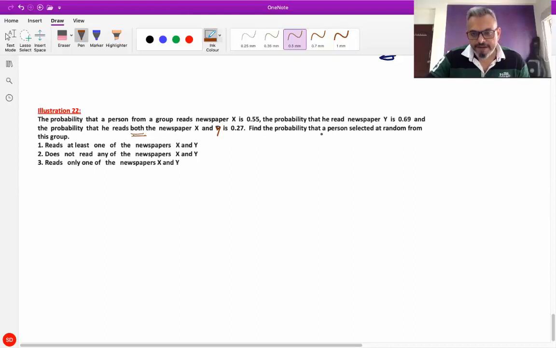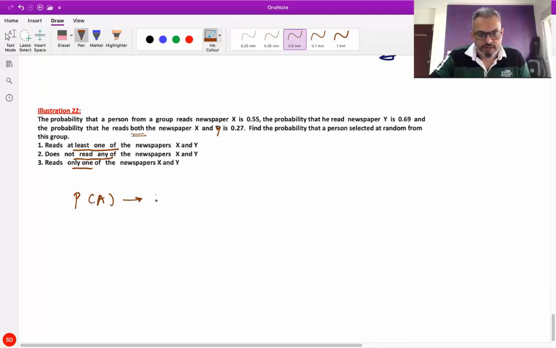Find the probability that a person selected at random from this group reads at least one of the newspaper X and Y, does not read any of the newspaper X and Y, reads only one of the newspaper X and Y. So first let's write down that probability of A